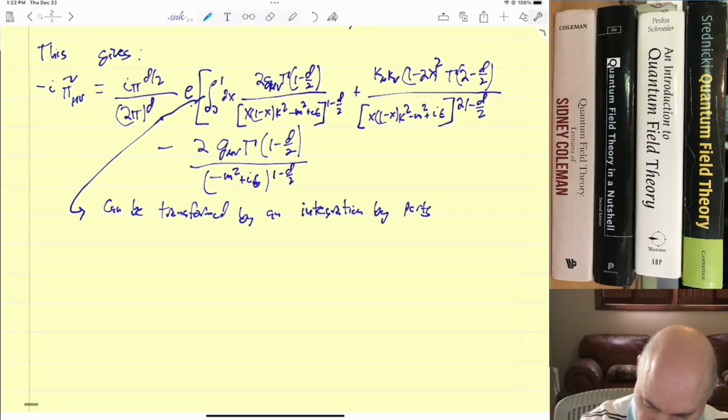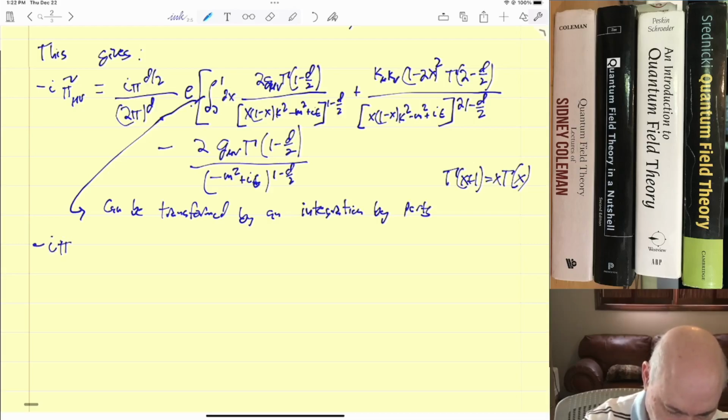You know, things like gamma of x plus 1 equals x gamma of x. It's not that hard, but you can in fact do the first term. You can transform it by an integration by parts, and you're going to end up with, for the whole expression,